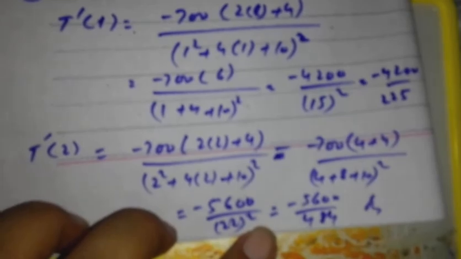The answer. Question 6. For a thin lens of constant focal length p, here focal length is represented by p, the object distance is x and the image distance is y, are related by this formula. First of all, we will have to write y in terms of x and p. For this, shift this 1 by x to the right side, it will become minus 1 by x. Now take the LCM, which is px, x minus p. Now take the reciprocal, so 1 by y becomes y equals px over x minus p. So we have written y in terms of p and x.